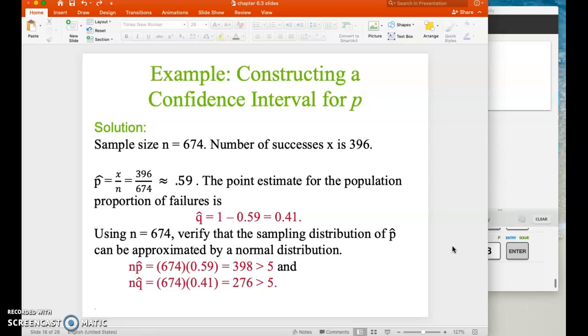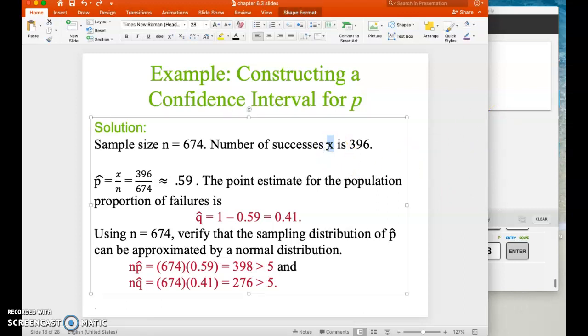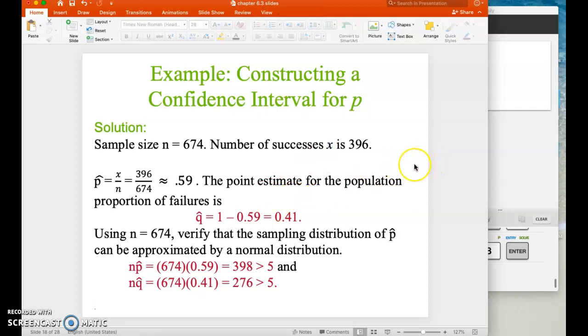The sample size is n equals 674, and the number of successes, x, is 396. P hat equals x divided by n. So in this case, our p hat value is x, which is 396, divided by 674, our value for n. So our p hat is approximately 0.59. The point estimate for failures, q hat, is 1 minus p hat, which in this case is 1 minus 0.59,